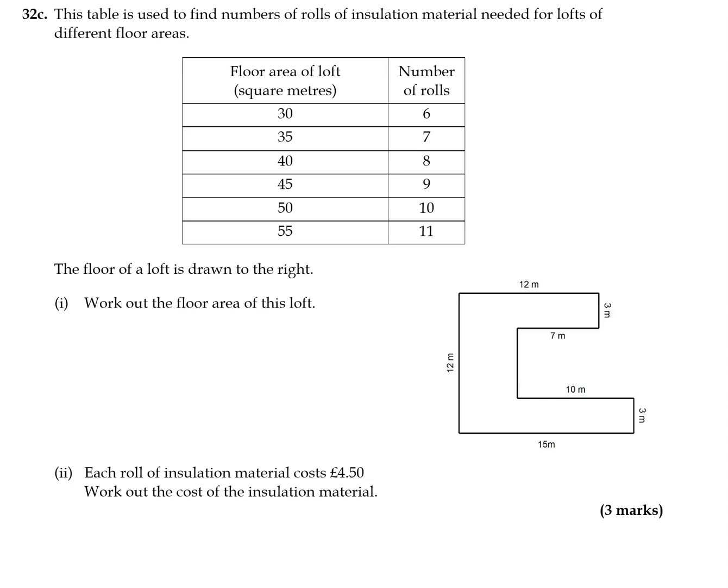So we've got to find the area. Now we're going to split it into rectangles. Now we could split it with a line straight down like that, but I'm going to go for that way. So I've got 3 rectangles. Now the first rectangle is easy. It's 12 times 3,